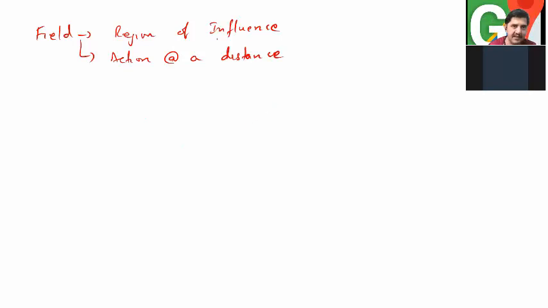When you say region of influence, you can say that is the region where another particle, another charge, will experience a force due to the first charge. When you say action at a distance, it means another particle or another charge will experience a force due to the first charge. The force could be attractive or it could be repulsive. So that is how you can define the field. The field is always defined by force per unit charge, or force by basic entity. I'll not write this as charge. You can write this as the basic entity that creates the field.